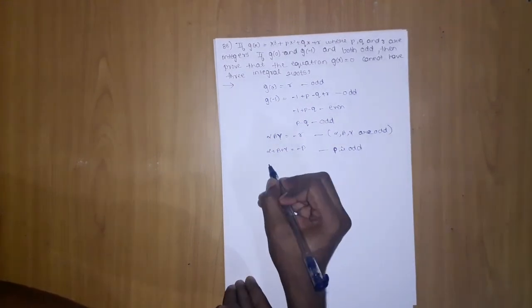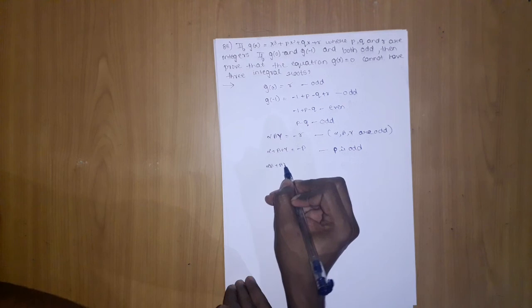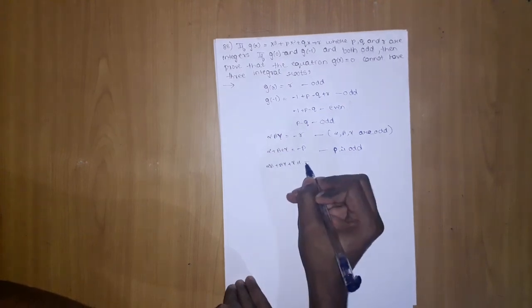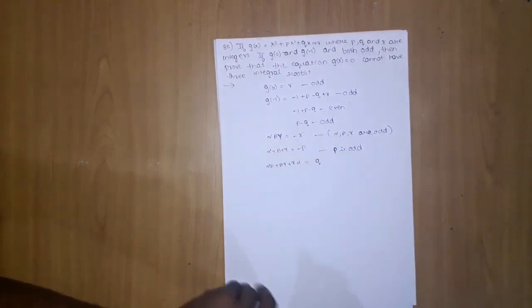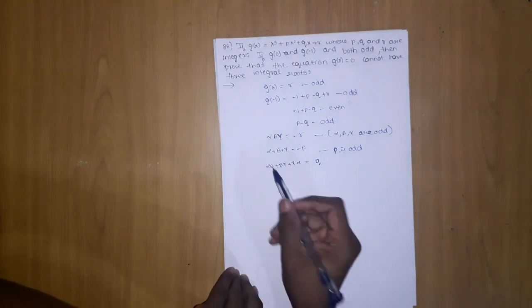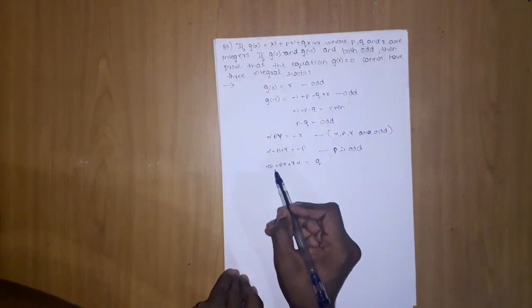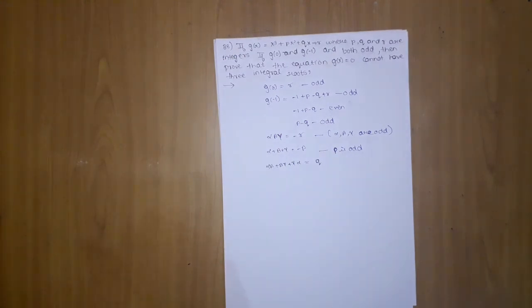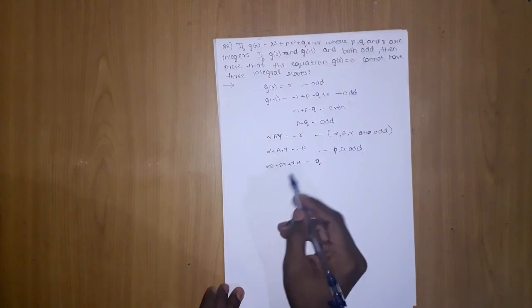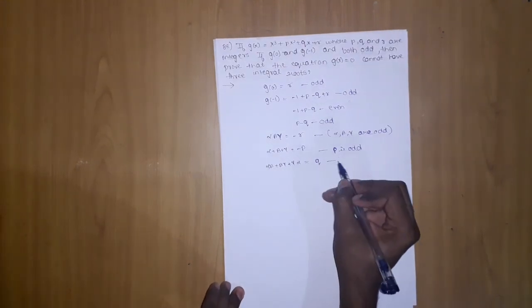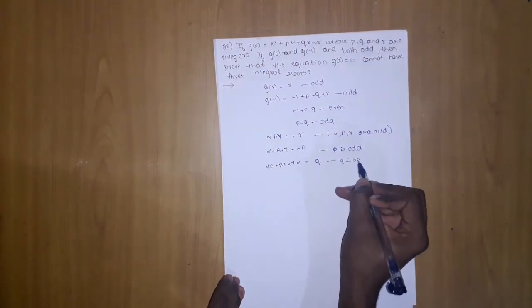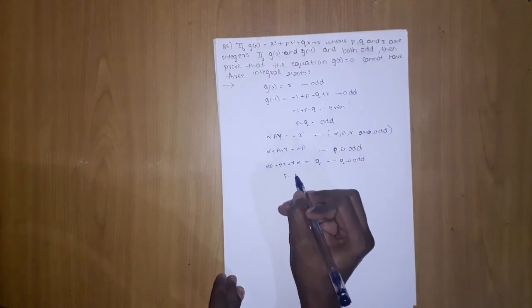Now moving on further, alpha into beta plus beta into gamma plus gamma into alpha, which is q. Now these terms, odd into odd, odd into odd, and this one will form odd. Multiplication of odd into odd will be odd only. So the three will be odd, and adding them, it will form odd. So q is odd. But wait, p minus q is odd.